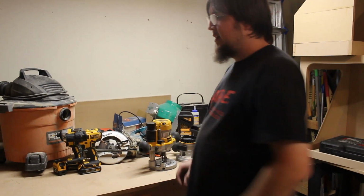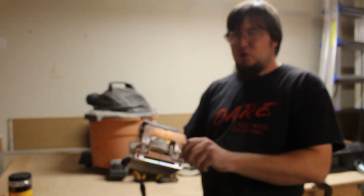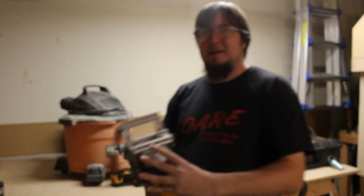Then, probably my most favorite tool. This is a biscuit joiner. I don't have furniture clamps at all. So, it's got